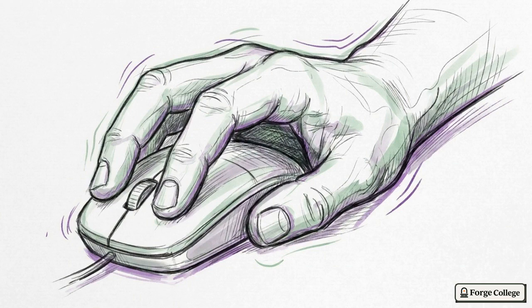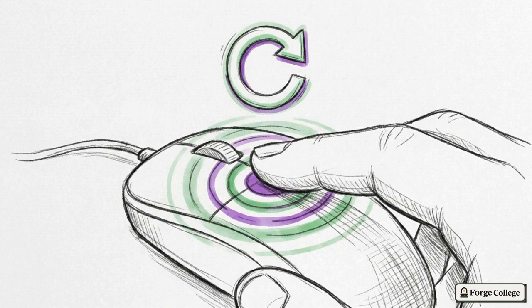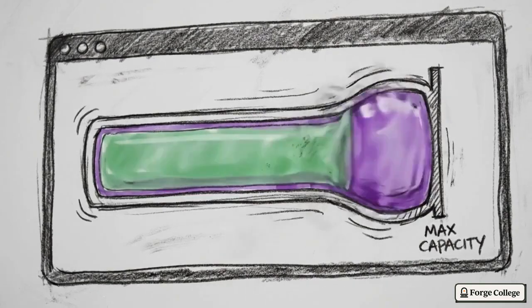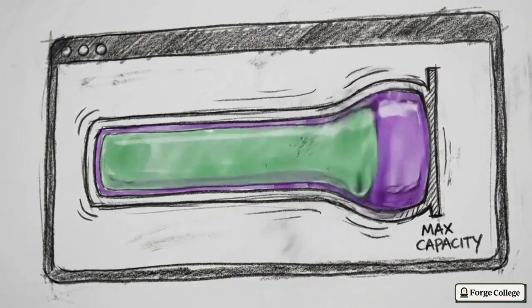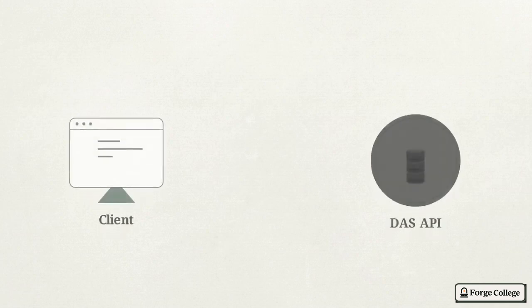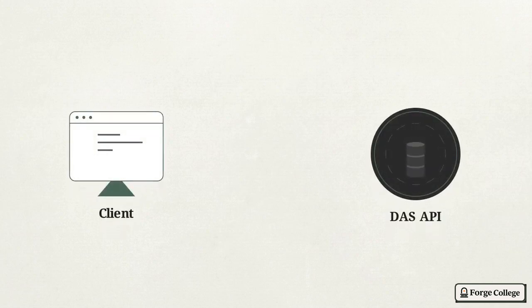But we have one more problem to solve: human behavior. When users want to see their shiny new assets, they tend to rapidly mash the refresh button on their portfolio page. If your app goes to the DAS indexer for every single refresh, you're burning through your API limits for identical data. If you've spent any time exploring the developer courses at Forge College, you know the solution here is